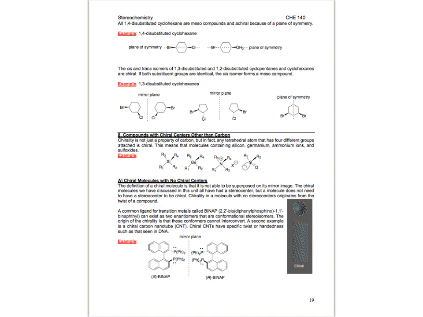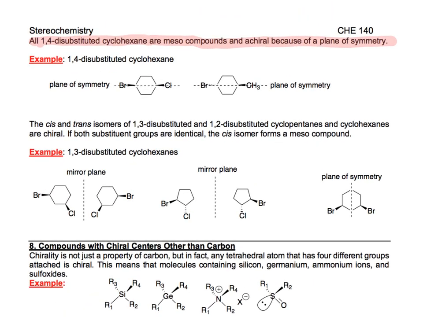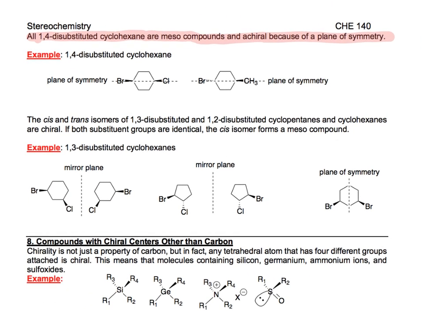When we're dealing with cyclohexane rings, specifically 1,4 disubstituted, all 1,4 disubstituted cyclohexanes are achiral because we have a plane of symmetry. If we look, let's zoom in a little bit, you can see that no matter what these groups are, if they're on the 1 and the 4 position, so 1, 2, 3, 4, I can split them right down through the atoms with a